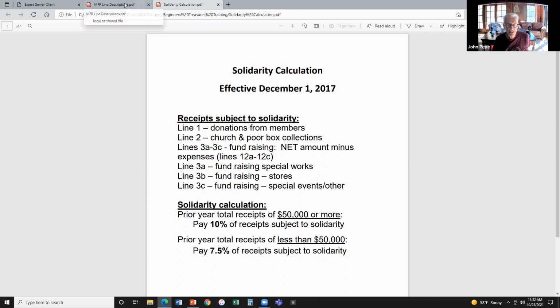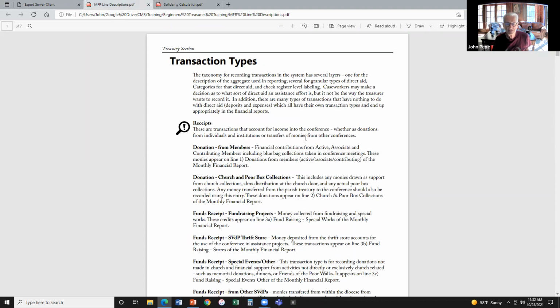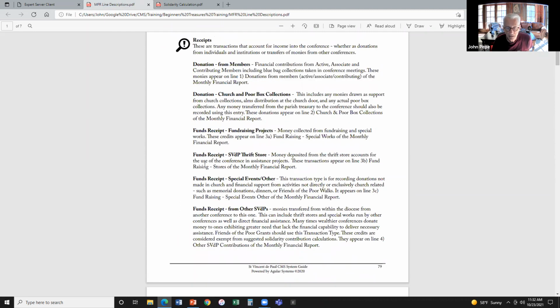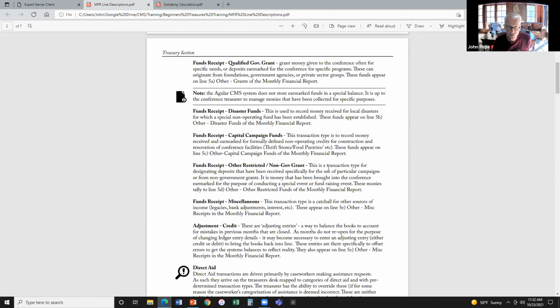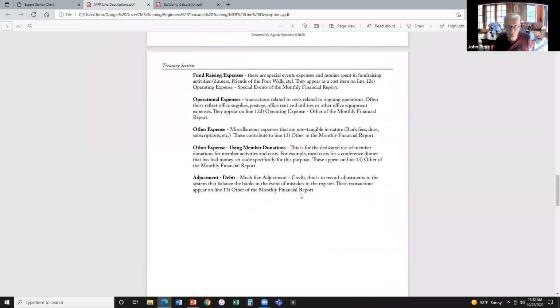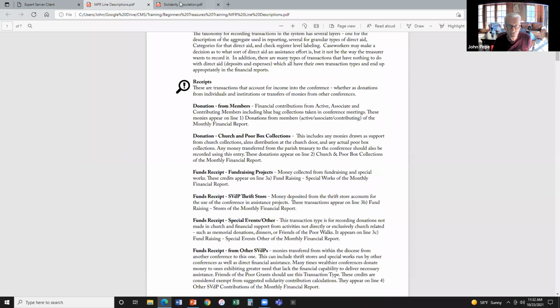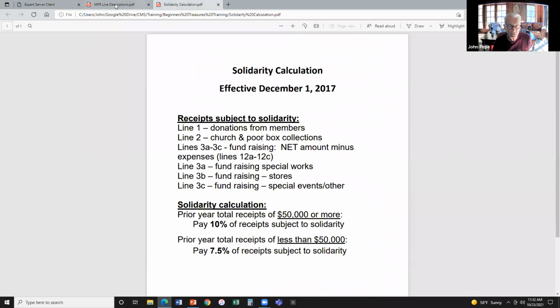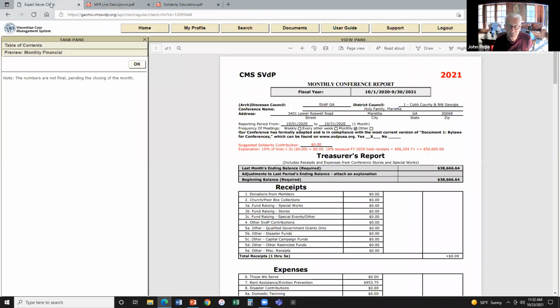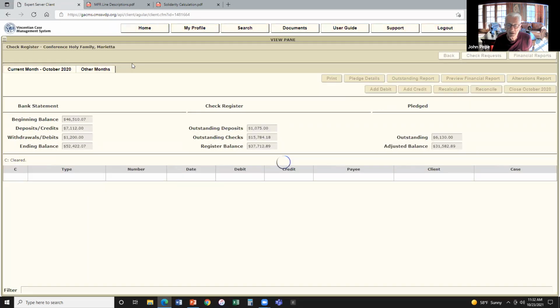By the way, this is the other handout you will get. These are all the transactions that we talked about, all your receipts. And here's the description and what line number they appear on. So if you ever get stuck and you want to know what's in that bucket or what's included or excluded from that line, you have it right in front of you just by looking at this document. Okay? So those are two handouts that you will get, I think, after the training. Amanda will be sending them out, plus they'll be out on the internet. So that's looking at the